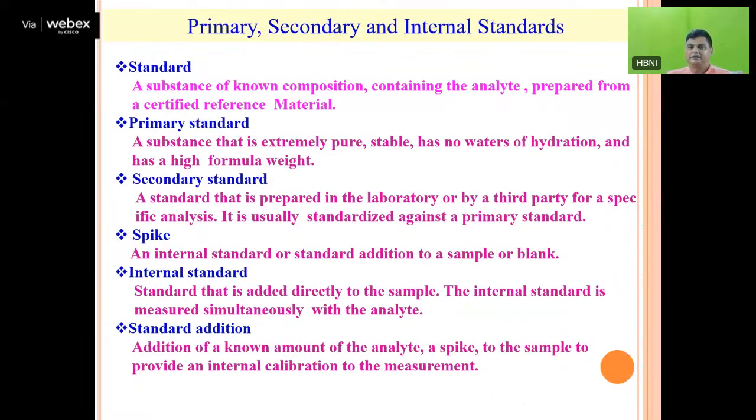Then comes the spike. Many times we say, okay, you are not getting results, please do the spiking. What do we mean by spiking? There are two types of spiking. One is the internal standard, or a standard addition. See, the internal standard basically is usually